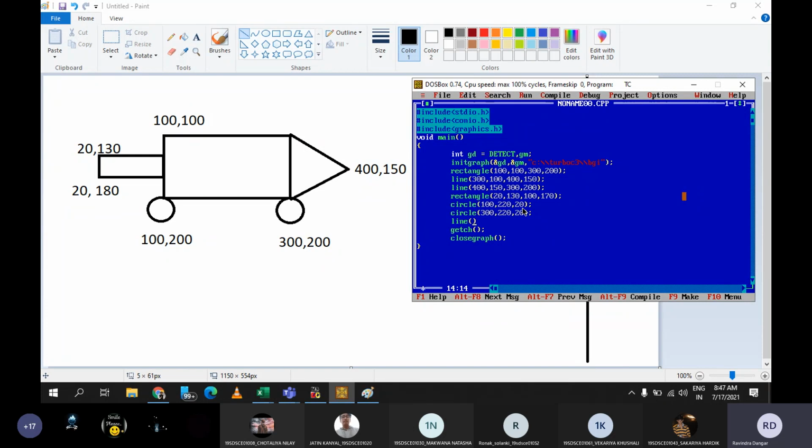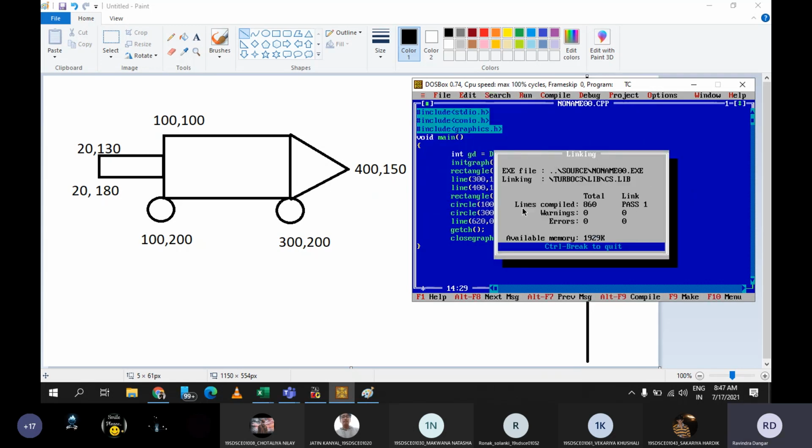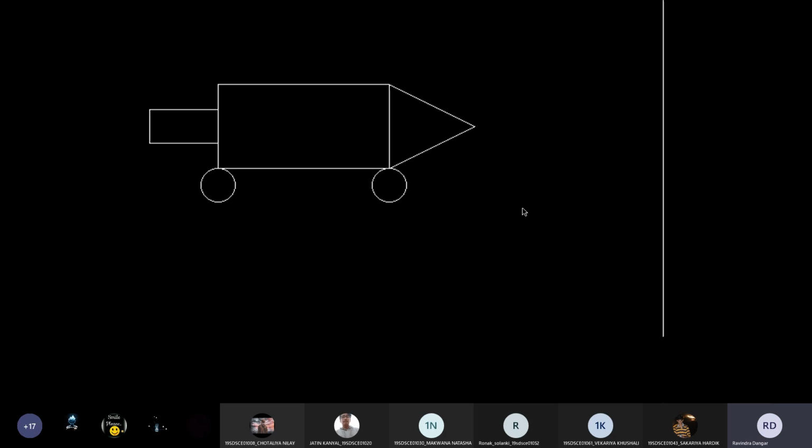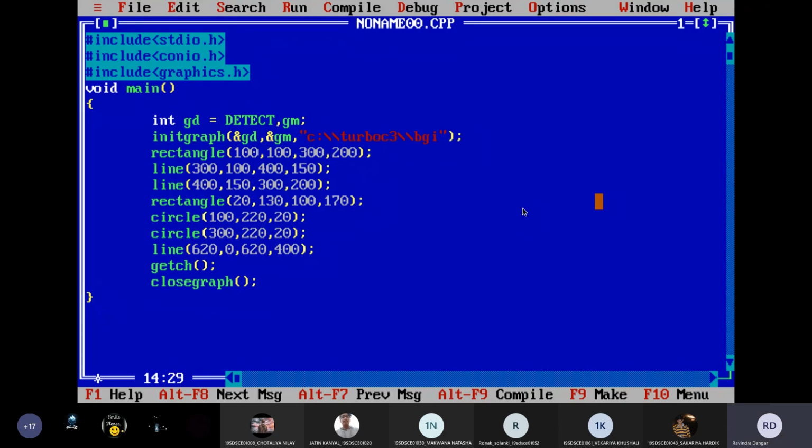Line, I want to draw a line from 639, 0 to, again in x, it is not 639, let me go with 620. And for the bottom point also, the x value would be 620 and y value, let's say maximum value for y is 439 something. So let me go with 400. Like this. And you can see. Is it fine?